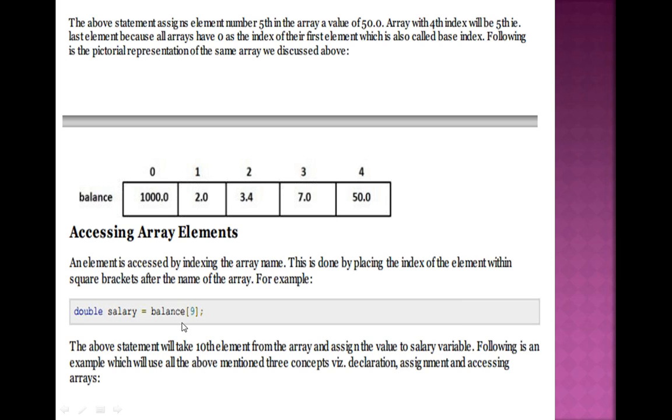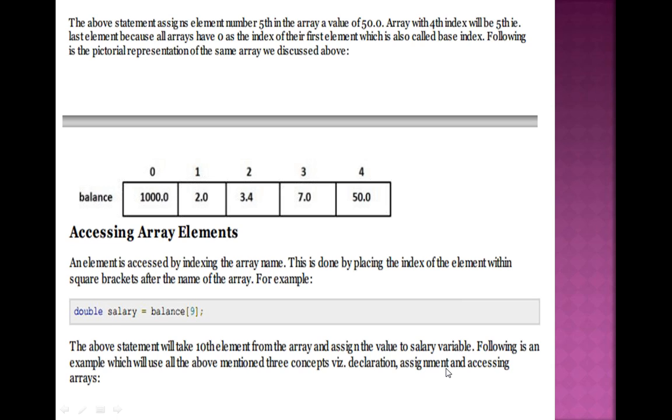This is the index. This is balance[9], where balance is a variable, at the 9th location. That is, your 10th value is stored to the variable salary. This is the explanation. The above statement will take the 10th element from the array. 10th element, why? Because the index is 9 and it starts with 0 till the 10th element, and assigns the value to the salary variable. Following is an example which will use all the above mentioned 3 concepts,